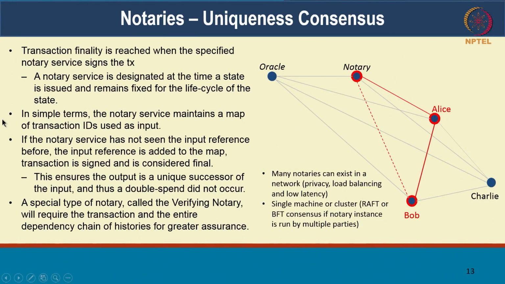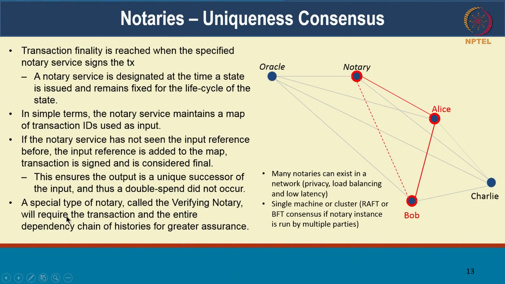Let's say it's a state representing bonds. Whenever that bond state is created, you also specify that this node is going to be the notary for this bond, and that notary will take care of ensuring uniqueness. What the notary will do is fairly simple. If it receives a transaction with inputs that it has not seen before, then it will be added, and the notary will sign it and say, yes, this transaction can be admitted because I have not seen the inputs of this transaction before. This is definitely unspent, and the notary will sign it and send it back to